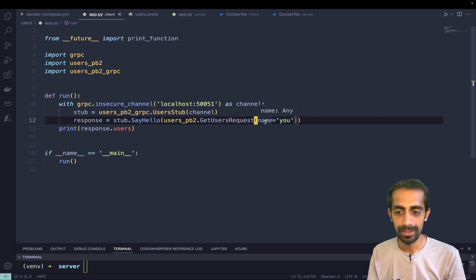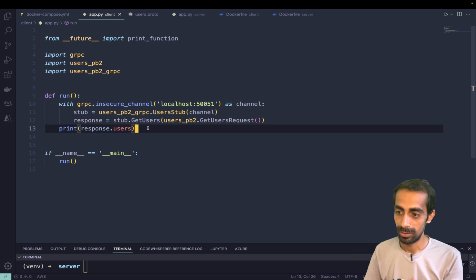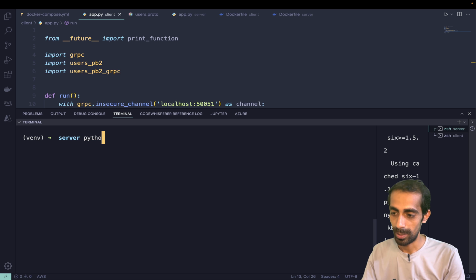And inside that we don't need to pass anything, because we haven't defined any parameters over there. And here I'll say get users. So this is my response, and we'll get the users, and we'll put it back over there. So let me see by running Python 3